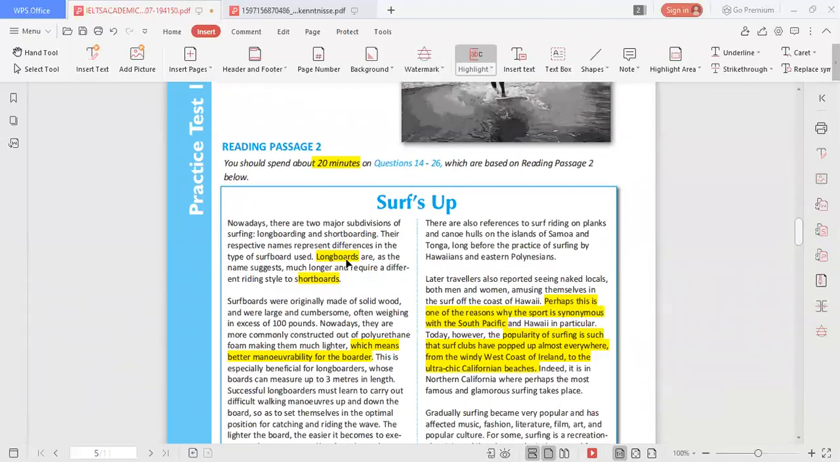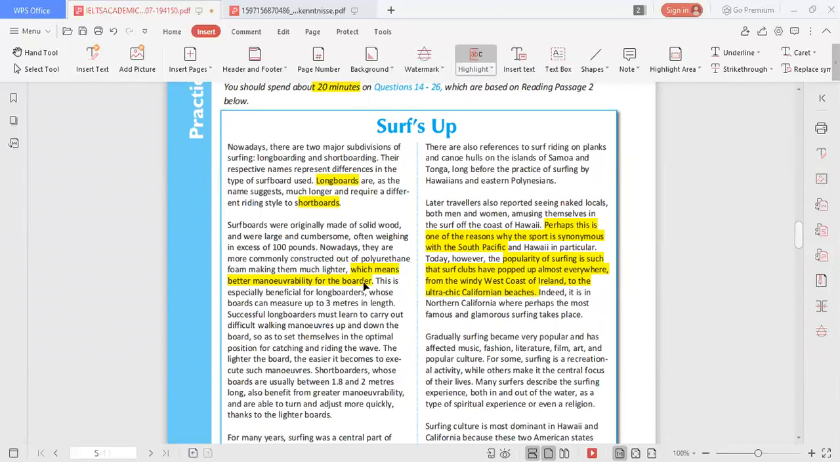So we read, longboards are, as the name suggests, much longer and require a different riding style to shortboards. We don't have any statement like that in the answer possibilities. Again, we move on to the previous sentence because, like I said, the sentence with your keywords could be having the answer or the sentence for it. So maybe you can read that, and obviously when you read this, there's nothing there for you. So you move on to the next